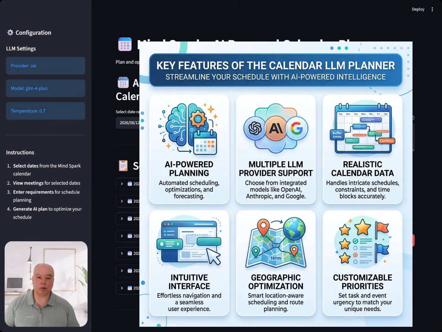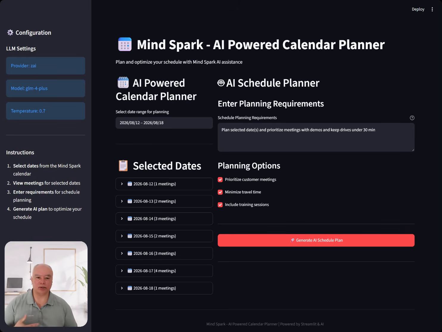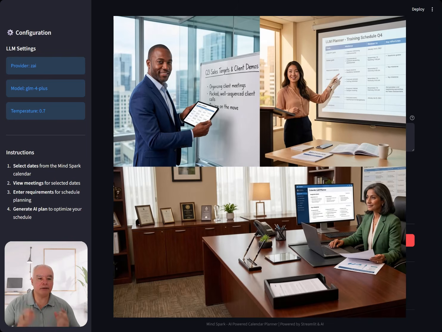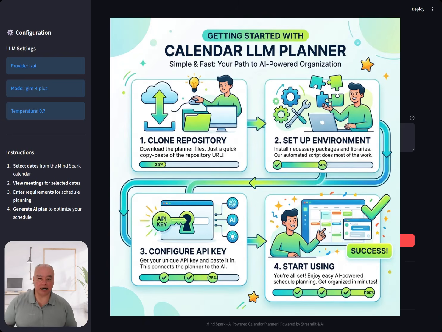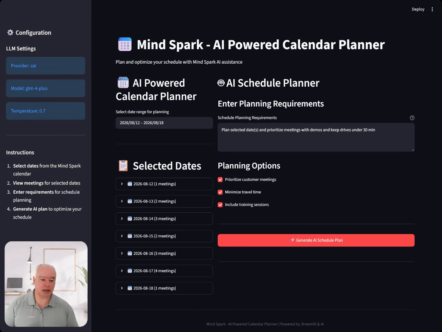Who could this be for? This is for either managers, trainers, executives, anybody who wants to refocus, reorganize, and make their calendar more efficient, their entire workflow when it comes to planning. And this is where the idea of the AI-powered calendar came from. It's very easy to adapt. You can clone the repo, set up your environment, configure your API key, and then you'll be ready to go. Documentation is available, not much really to do, but feel free to reach out if you run into any trouble